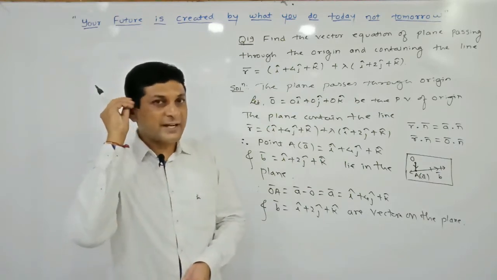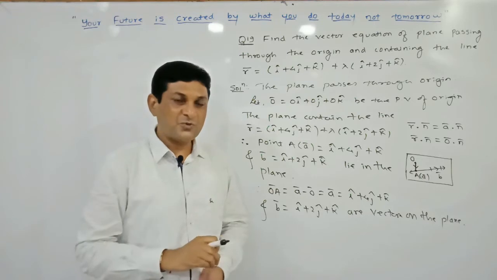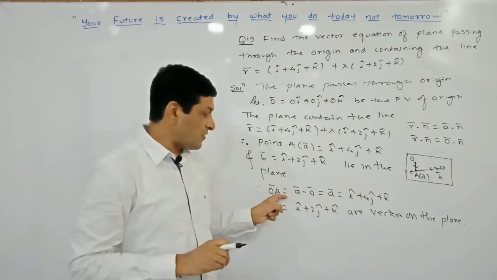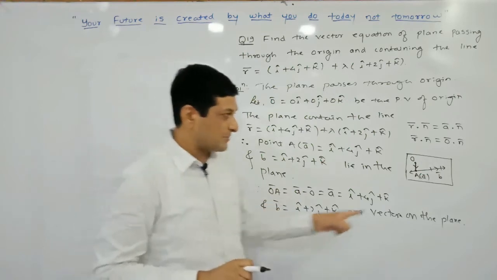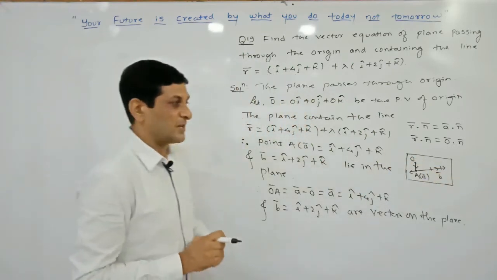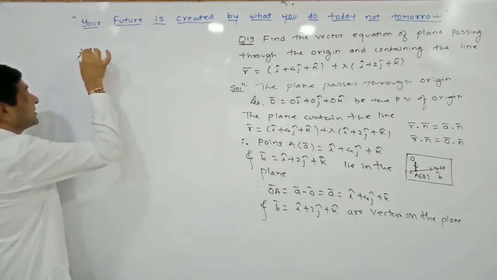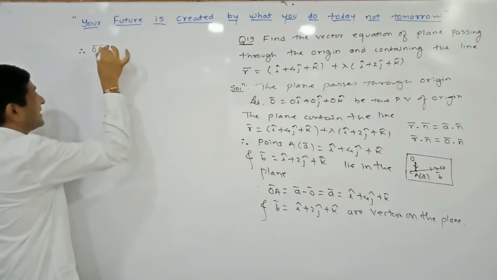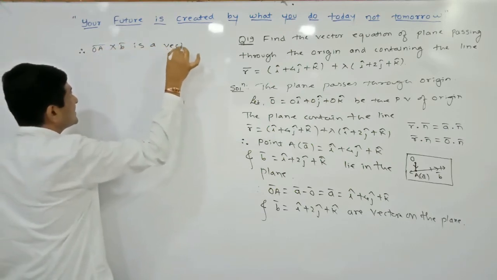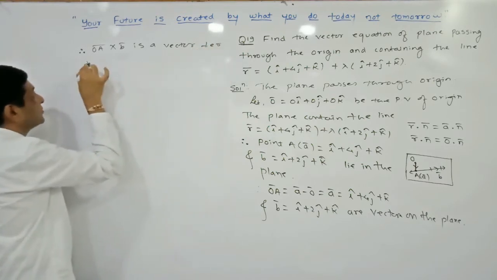And since these two vectors lie in the plane, the new vector which you get by taking the cross product is perpendicular to the plane of what? OA bar and B bar, which means it is perpendicular to this plane. So before taking the cross product, we can conclude that OA bar cross B bar is a vector perpendicular to the